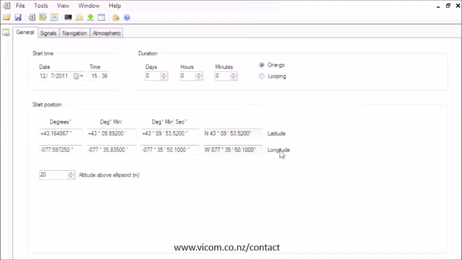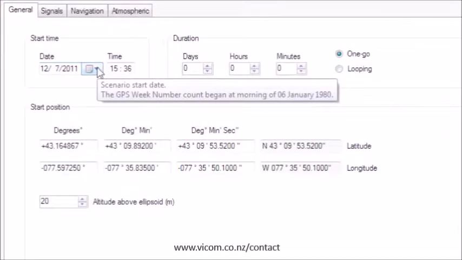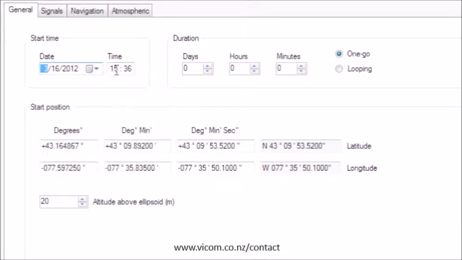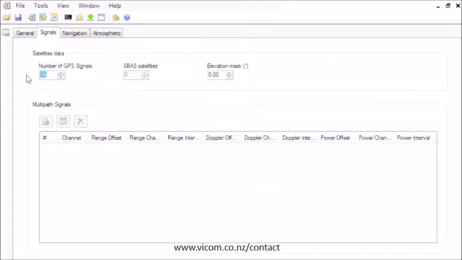Back on the General tab, you can see you have your starting position, and I'll set the starting date and time. Select your test duration, up to 31 days. Select number of GPS signals you want to include in the simulation, including SBAS signals,